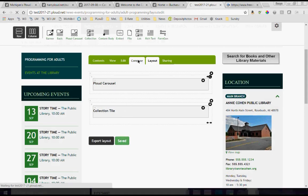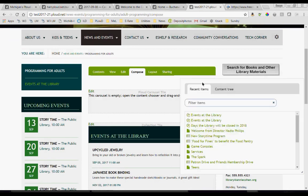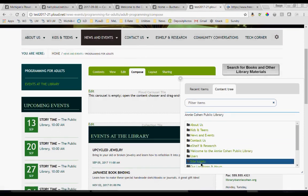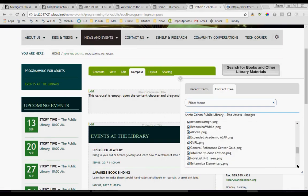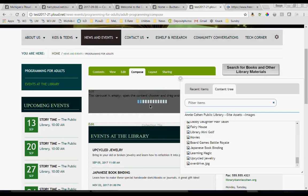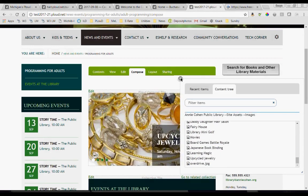Now I go to my Compose tab, and to save some time this morning, I already uploaded the images to the site, which is a very simple process, but I click on this Add Content button. I go to my content tree, and I've organized my images in a subfolder called Images. I scroll to the most recently added images, which are upcycled jewelry, learning magic, Japanese bookbinding, and board games battle royale. And I simply drag and drop them into the carousel,